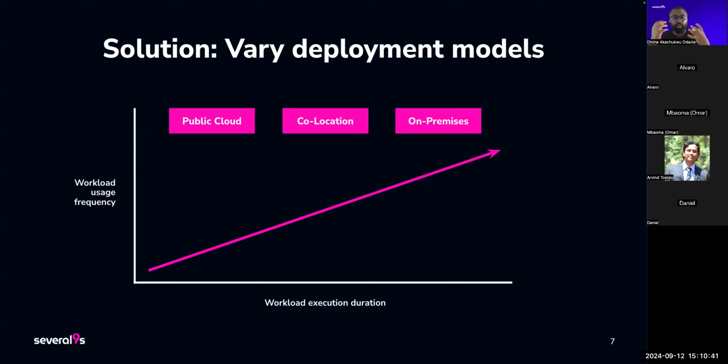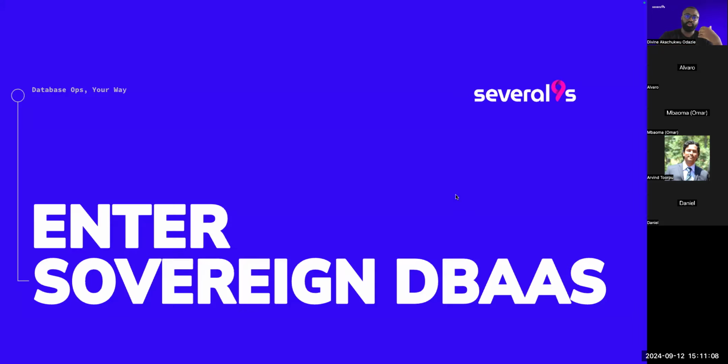But then again, looking at all this, how can an organization leverage all these deployment options, based on their specific workload characteristics, in the most seamless manner? Because a cloud DBaaS gives you that user experience. And this is the promise of Sovereign DBaaS, to help you deploy your application where you want and how you want.